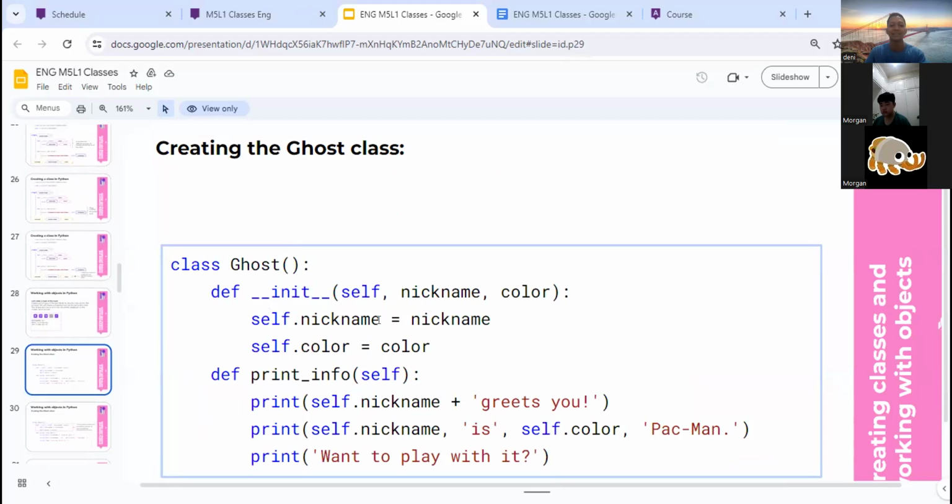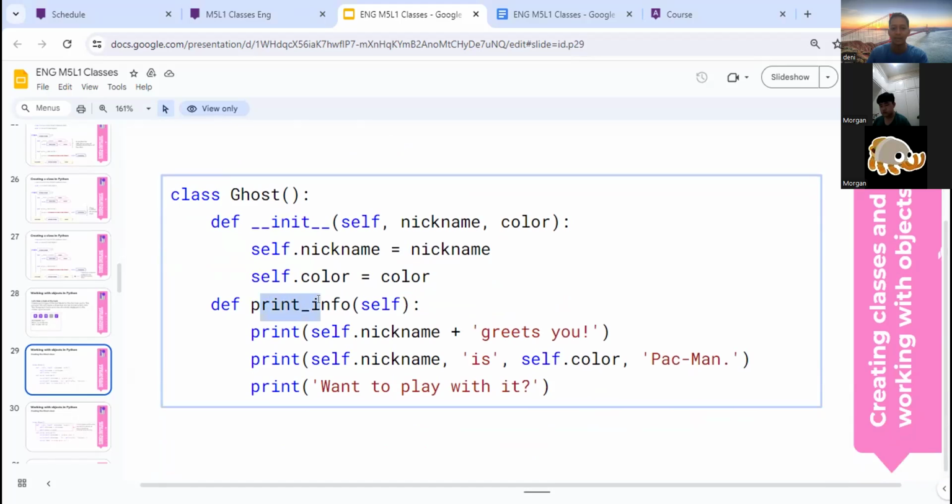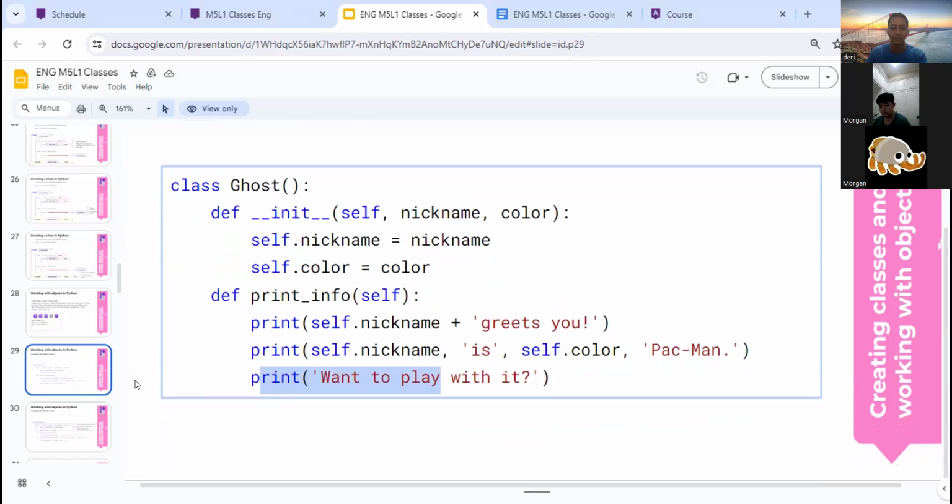Just write init, self, and then, like I said, the variables, the features: self nickname, self color. And here is the method: print self nickname greets you, then self nickname is the color Pac-Man, want to play with it? It's okay if you don't understand this.